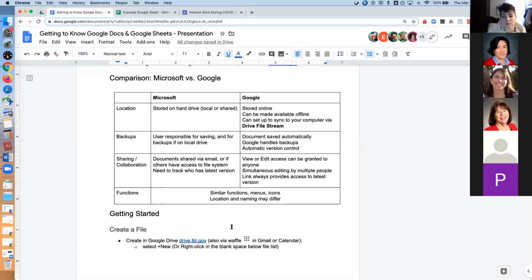Google files are all stored online. They can be made available offline if you don't have web access, and they can also be set up to sync between the cloud and your computer through something called Drive FileStream. And if you're not familiar with that,